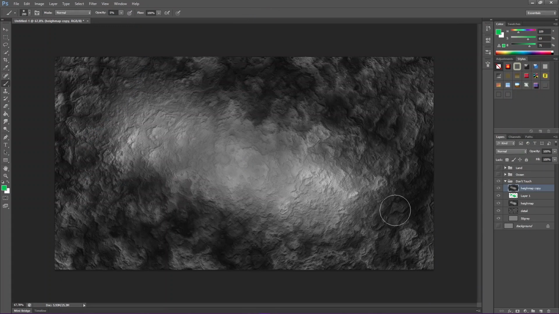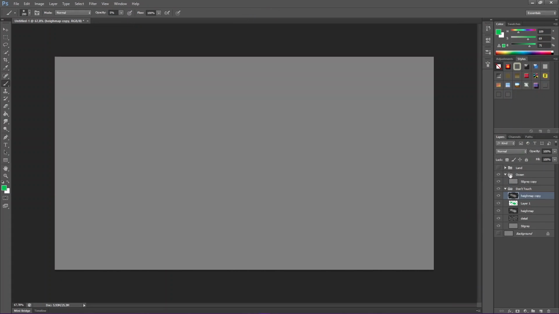So let's create the ocean. I'm going to enable ocean, which is where our gray copy is. I put a gray layer in every single folder just because I keep forgetting and I create new layers, which is unnecessary. If you just have your gray there to start with, you don't have to worry.